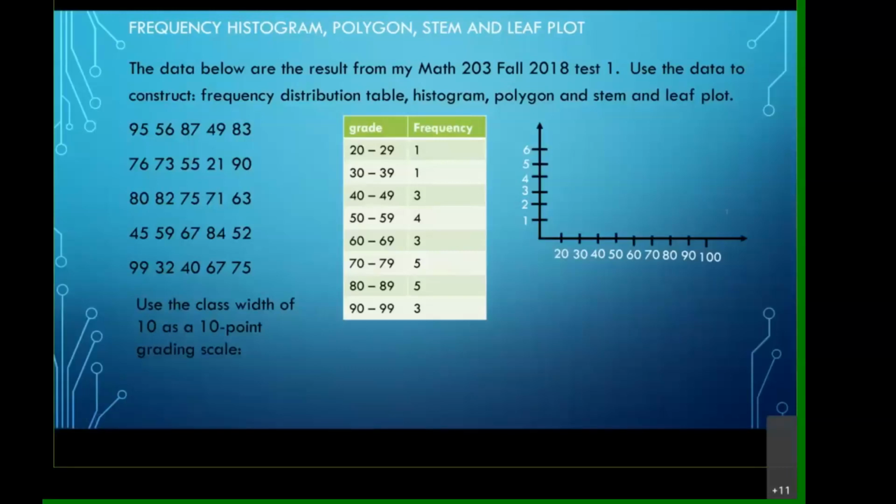You start with your lowest data. It's just that because I give you